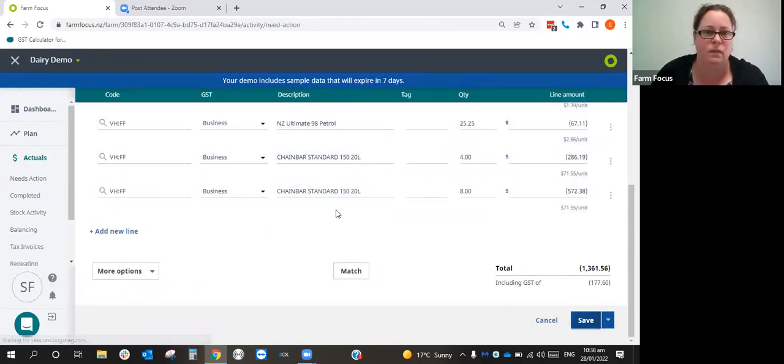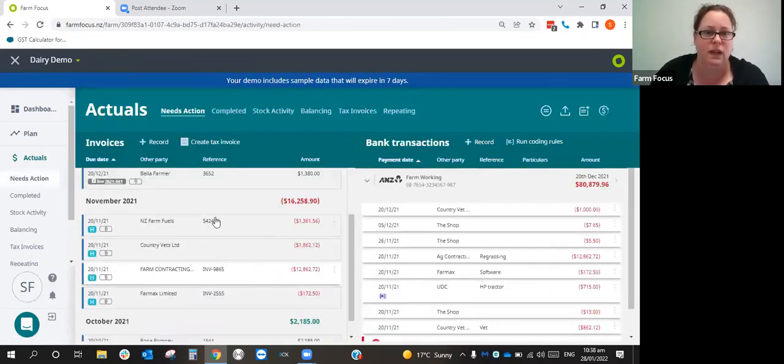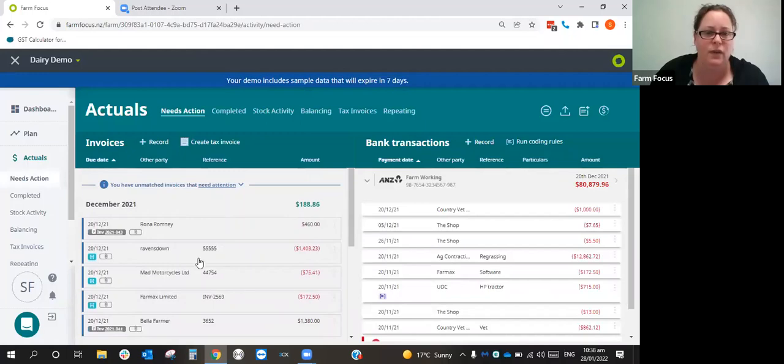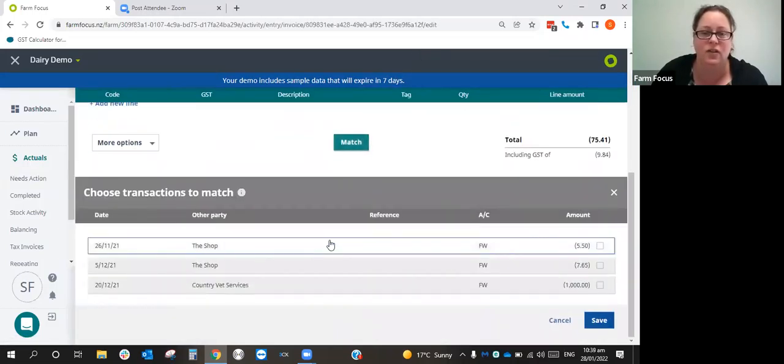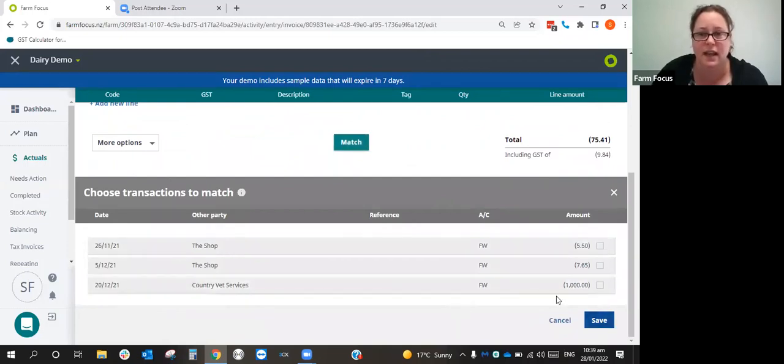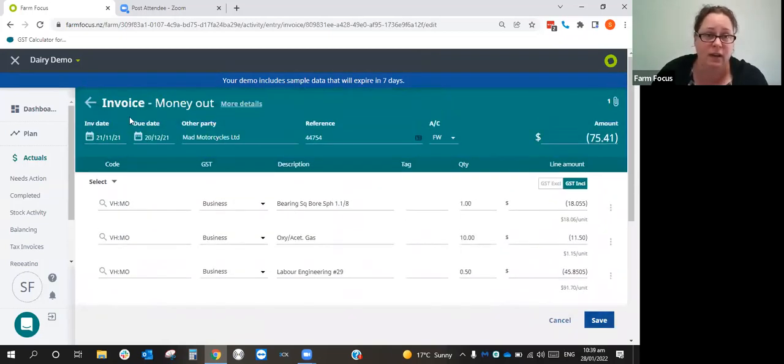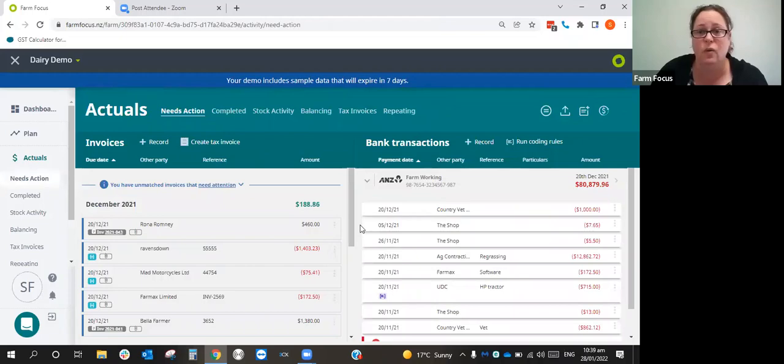Save that. Now I've got a number of invoices that I have got coded, they're ready to go. I've also got their transactions on the right hand side. I can either match them from the invoice side. So I open up an invoice and I say match and I find the transaction, I select it and I say save. It's a bit arduous doing it that way because you've got to do invoice by invoice,